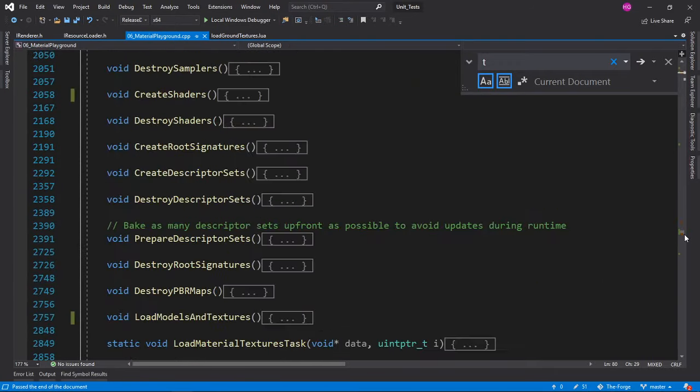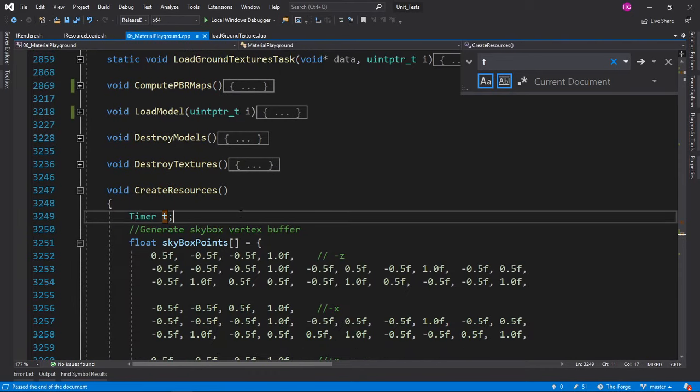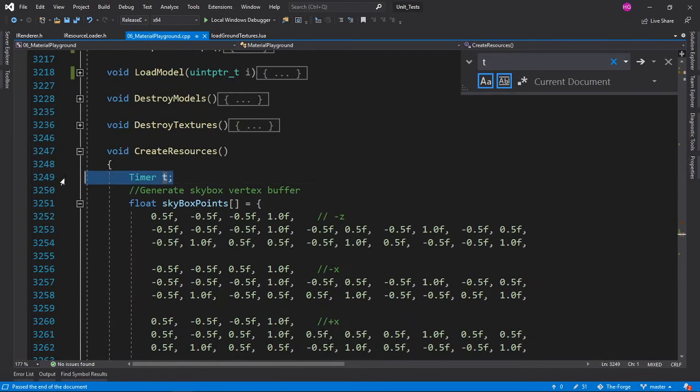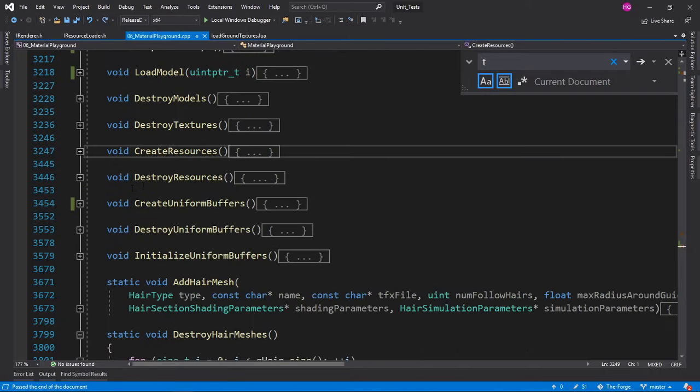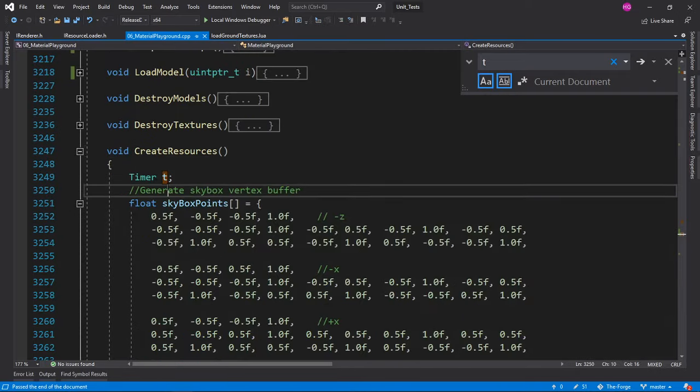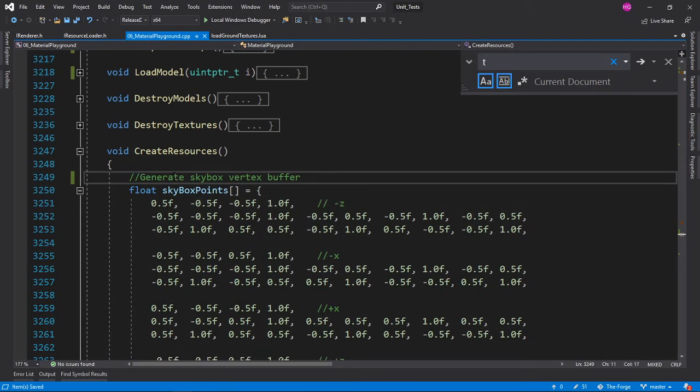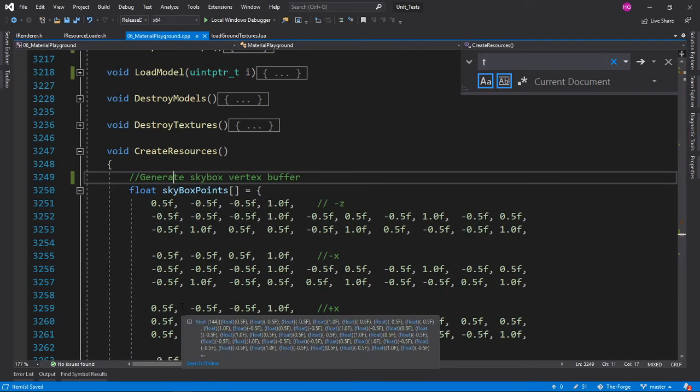Yeah, that is not a T. This is a T. I'm figuring that they use this for profiling or something like that. Oh shit. So yeah, I'm removing it. We don't need it.